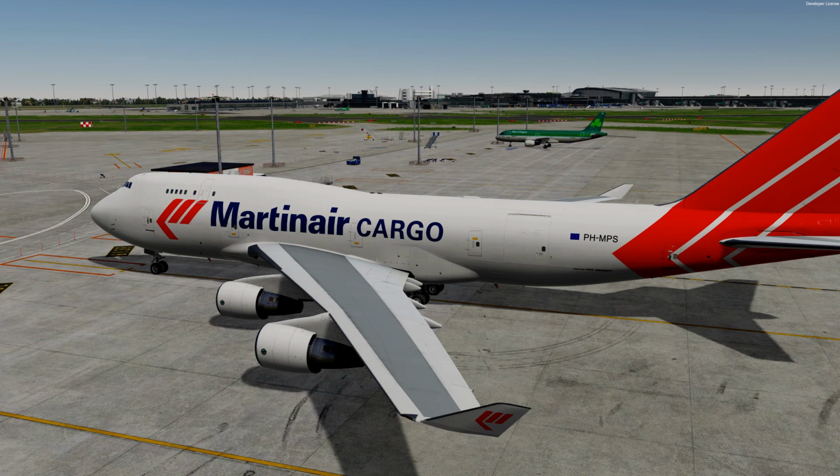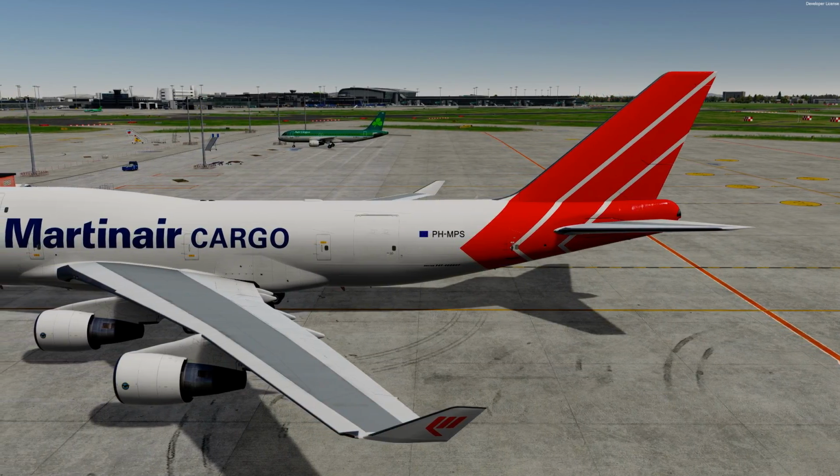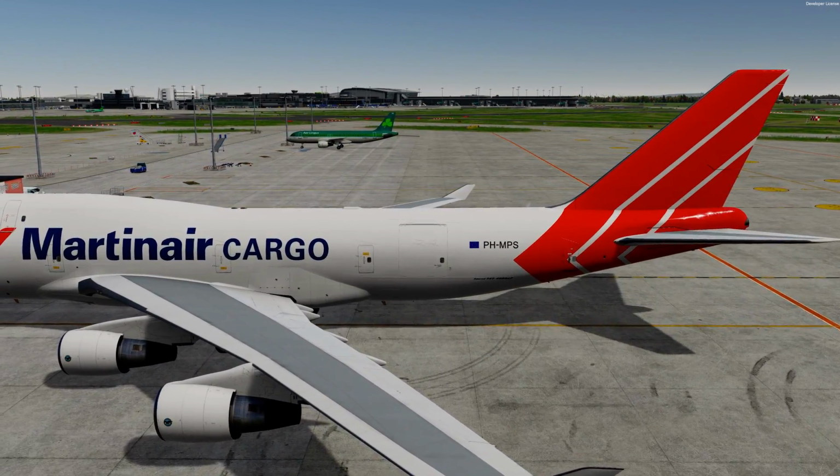Well, I was going to fly the Q400 tonight, but I thought it might be quite good fun because this literally just came out moments ago, and it's the PMDG 747-400. This is the native V5 installer. So here she is. Dug out the Martin Air Cargo